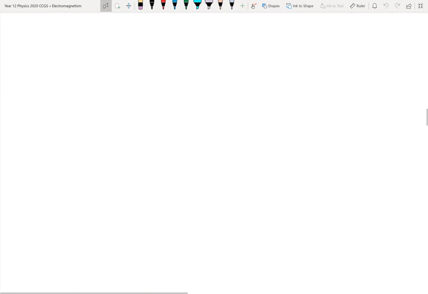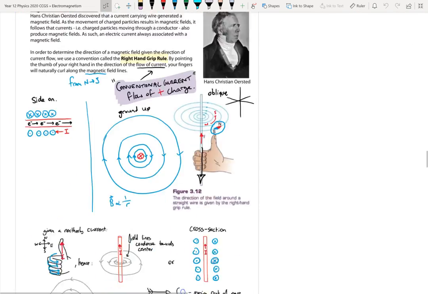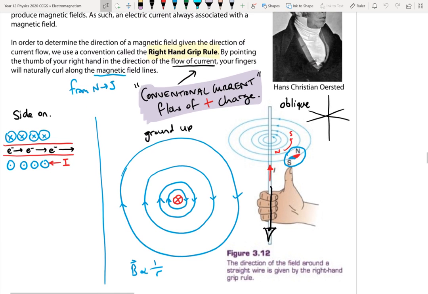The right grip rule. Again, the right hand is going to be used for 3 separate rules. In every single rule, your thumb is going to be conventional current and your fingers are the direction of the field. Okay, so the Oersted apparatus, which has been packed away, this was Hans Christian Oersted, noticed